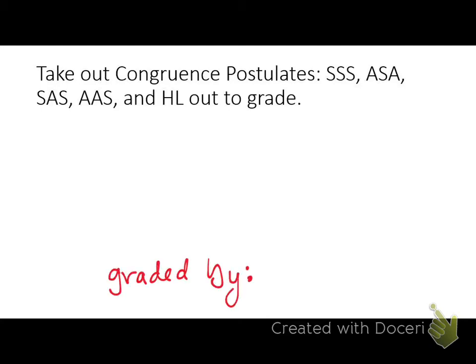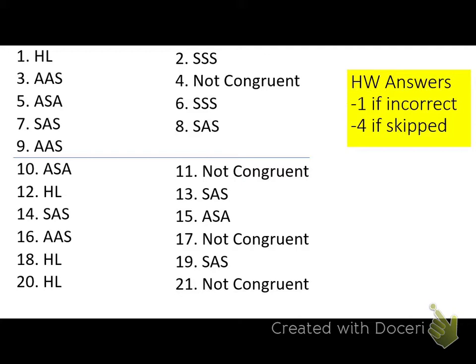You need to be grading in pen. You may not be grading in pencil. Specifically red pen, purple is fine, green is fine, but when you grade, the attempted but incorrect are -1 from 100, and then if they skipped any problems, it is -4 per problem they skipped. Your sub can pause